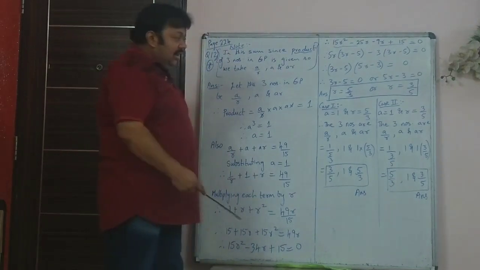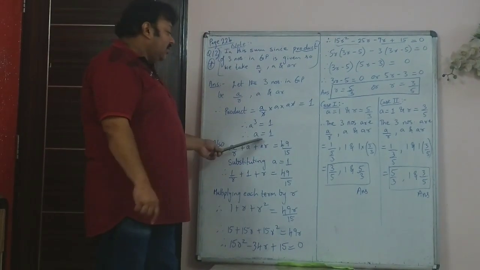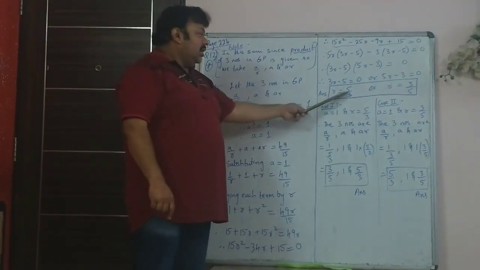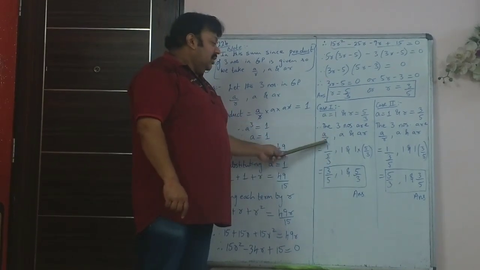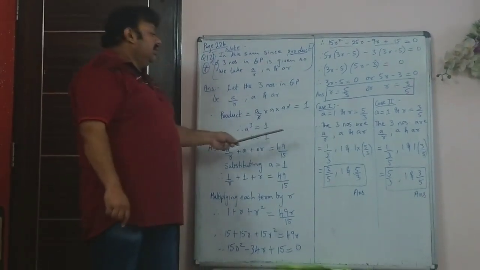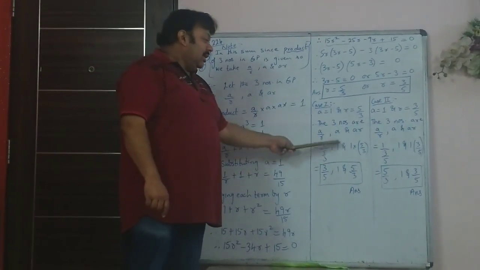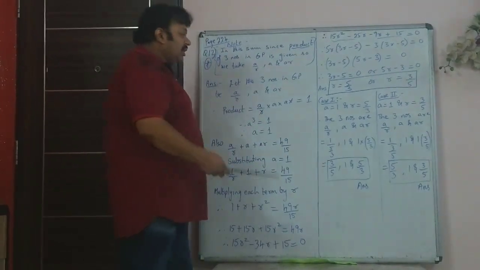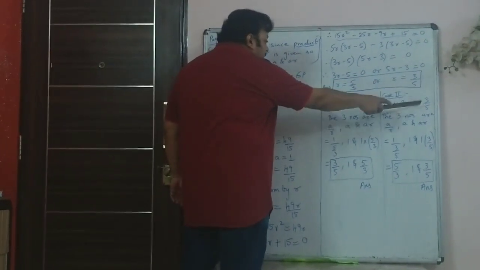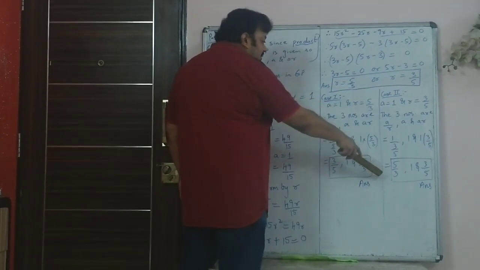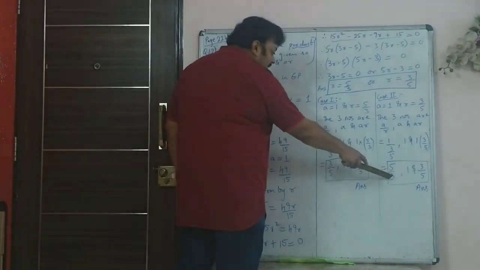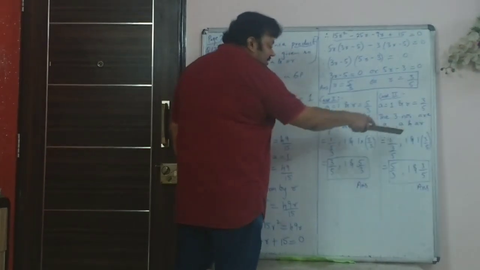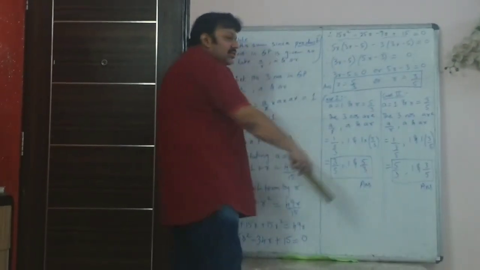So r is either 5 by 3 or 3 by 5, and a was 1. So case 1, we consider a as 1 and r as 5 by 3. Therefore the three numbers a/r, a and ar which we had taken: 1 by 5 by 3, 1, and 1 into 5 by 3, that becomes 3 by 5, 1 and 5 by 3. Case 2 will be a is 1 only, but r is 3 by 5. When you substitute in this case, you get the reverse of this, that is 5 by 3, 1 and 3 by 5. But don't directly write the reverse, you have to show this step. So show the step and write the two possible GPs.